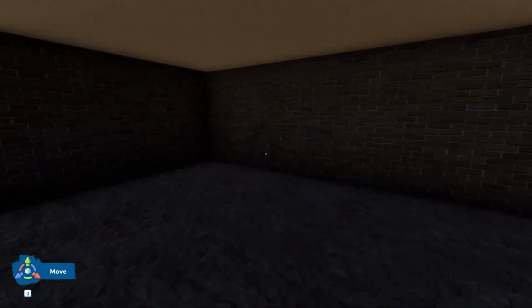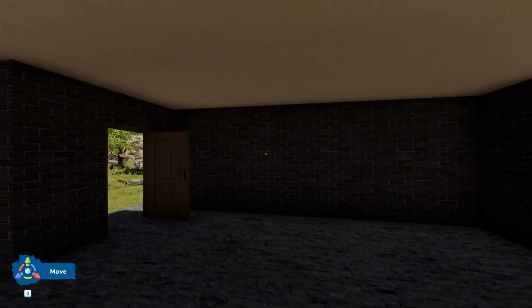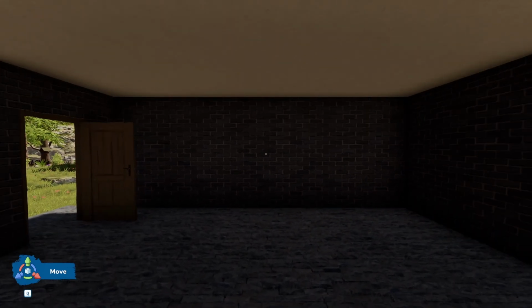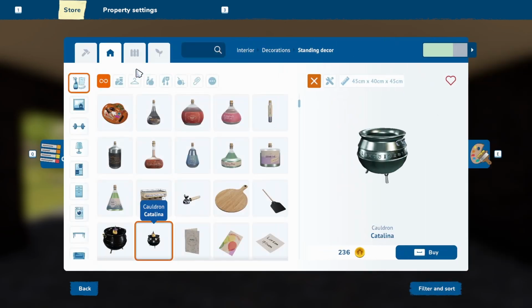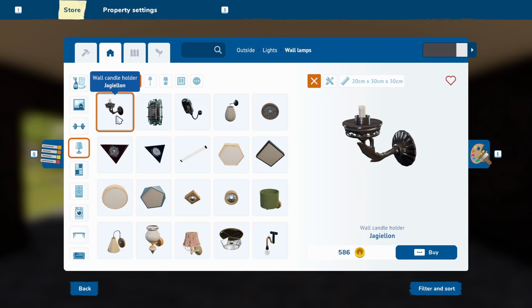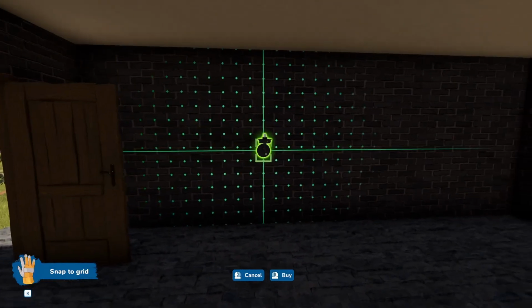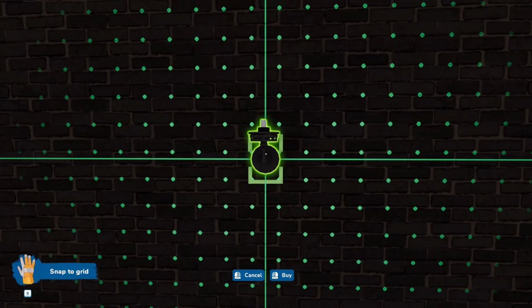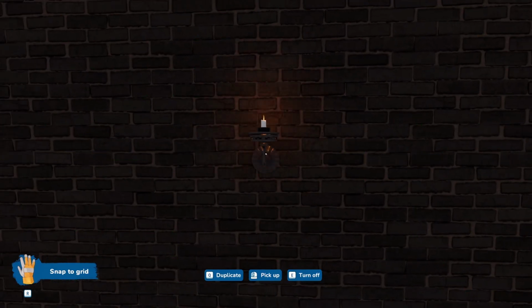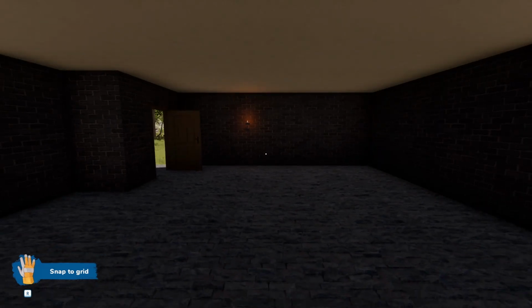Alright, the next thing is, as you can see, it's super dark in here, and I think that's one of the points, the new candles, the new light fittings. So if we take the wall candle, which is stunning, and we pop it here on the wall and we ask the candle to light up. In the greater scheme of things, it is super dark,